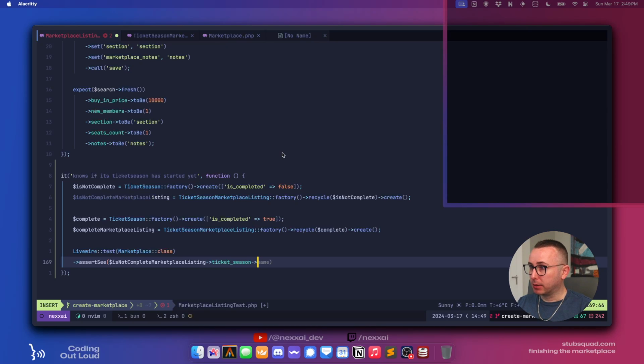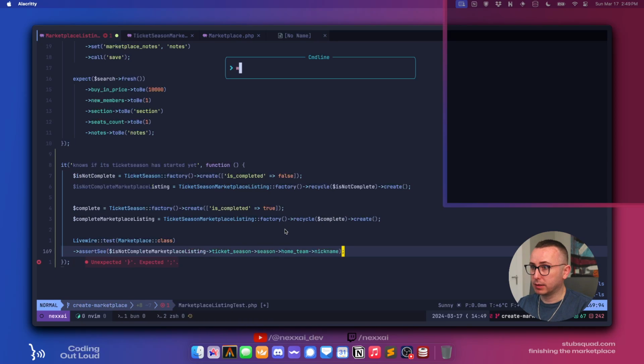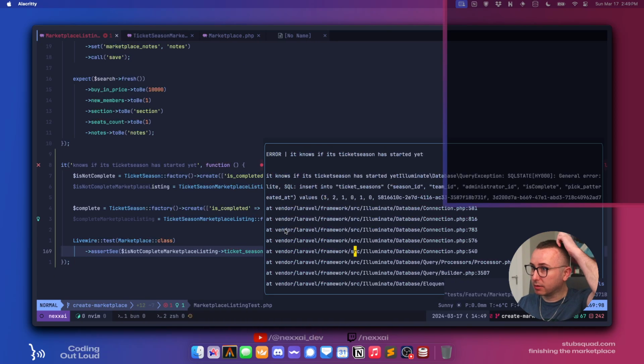It's not complete marketplace listing ticket season, home team nickname, I think. Okay, so this should pass by itself because we're not doing any filtering.